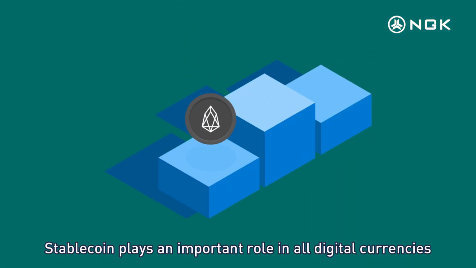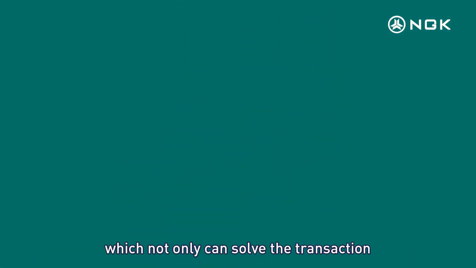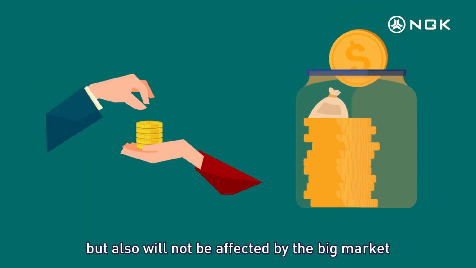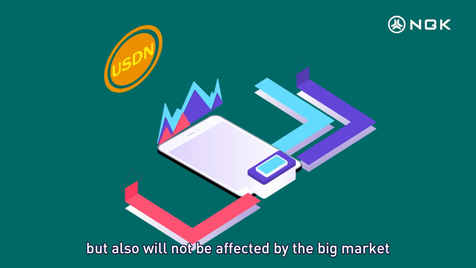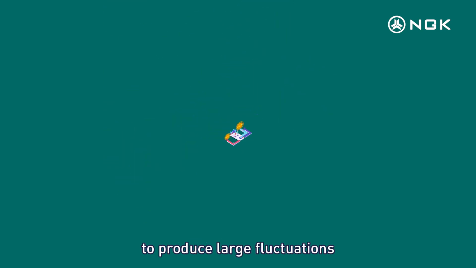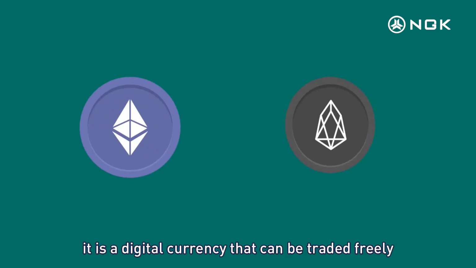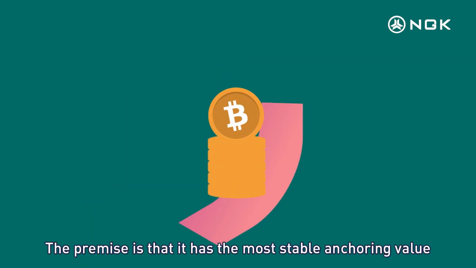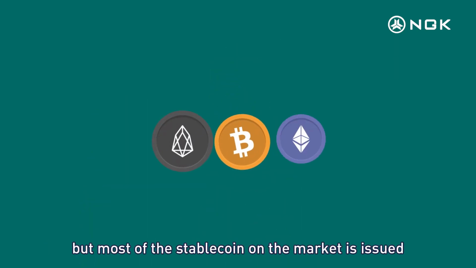Stablecoin plays an important role in all digital currencies, which not only can solve the transaction and storage demand between the various users, but also will not be affected by the big market to produce large fluctuations. It is a digital currency that can be traded freely. The premise is that it has the most stable anchoring value, but most of the stablecoin on the market is